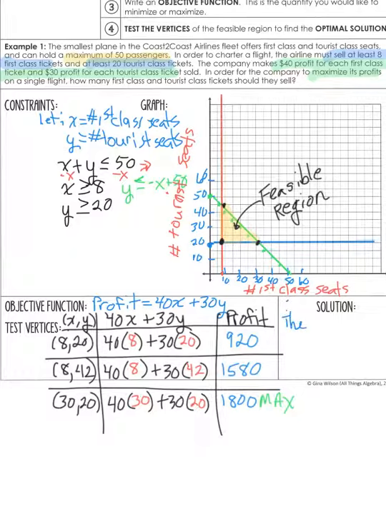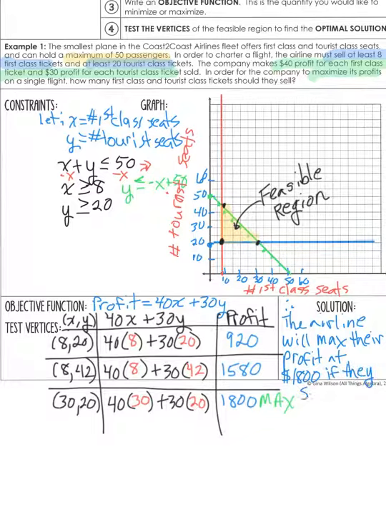And you could say, therefore, the airline will maximize, and I'll let you put max for maximize, their profit at $1,800, dollar signs go in front of the number in the United States,